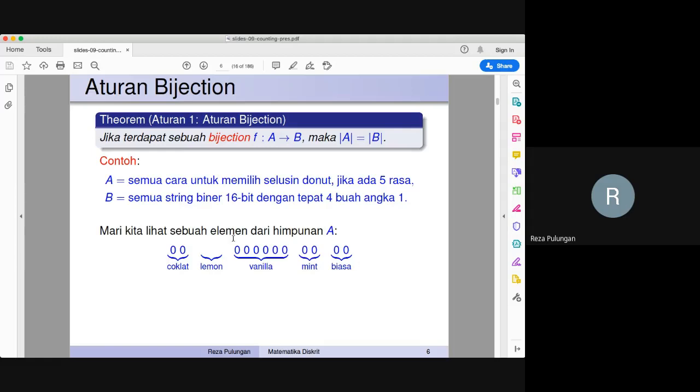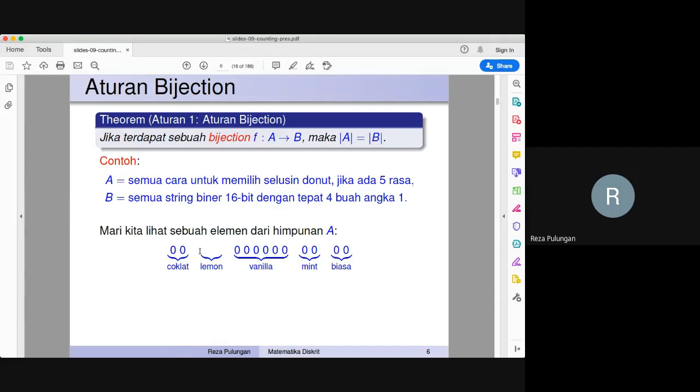The element of A can look like this. So what is the interpretation of this one? There are 2 chocolate donuts, 0 lemon, because there is no donut with lemon flavor, 6 vanilla, 2 mint, and then 2 normal.